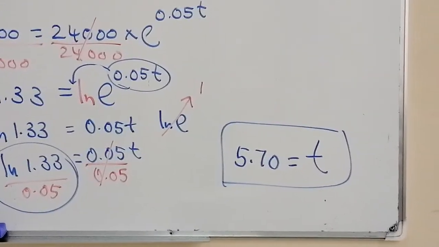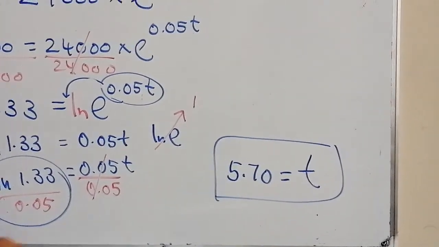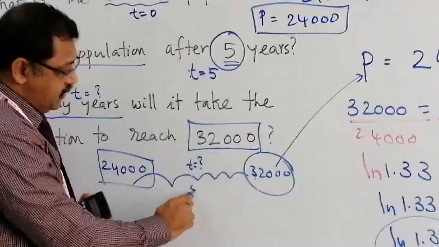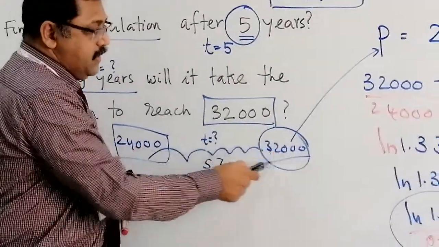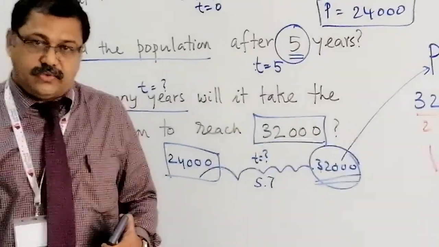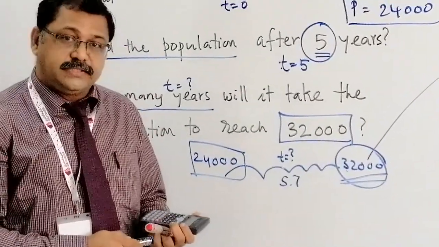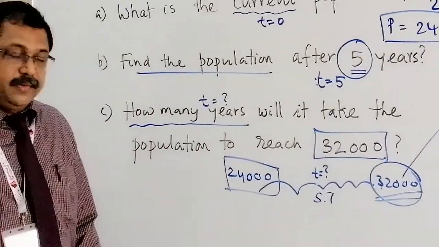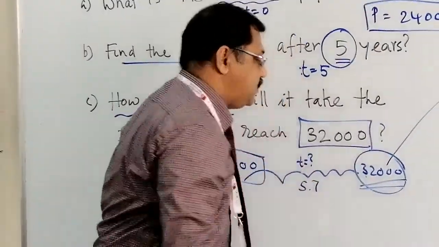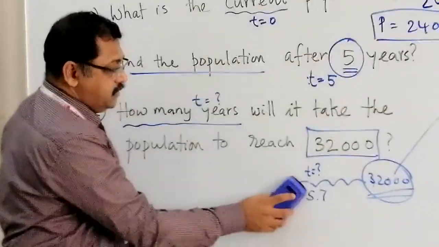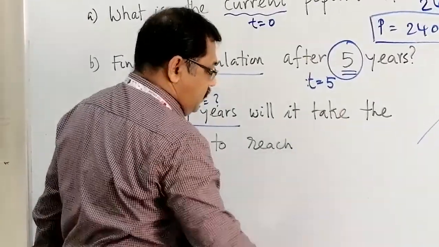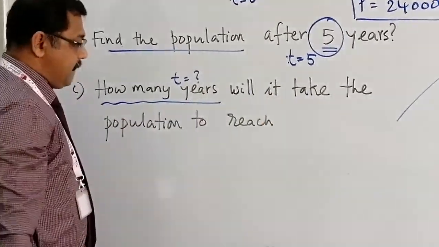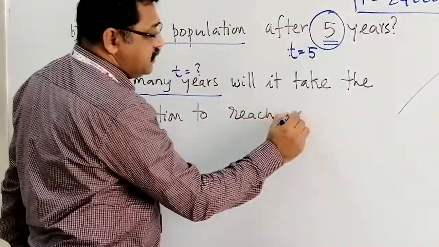So you understand what we did here. So the value of t is 5.7. That means after 5.7 years or after 6 years, it will reach 32,000 here. And the same question can be asked in a different way. For example, the question will be asking, after how many years will it take the population to reach